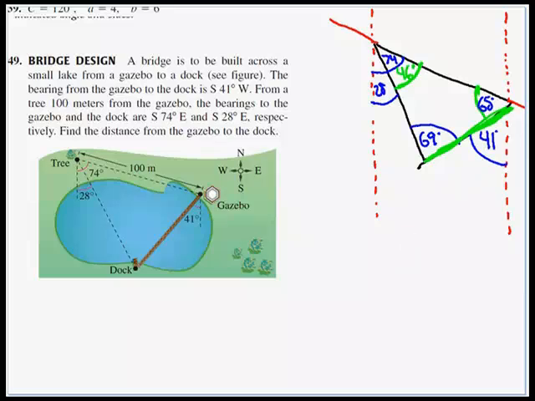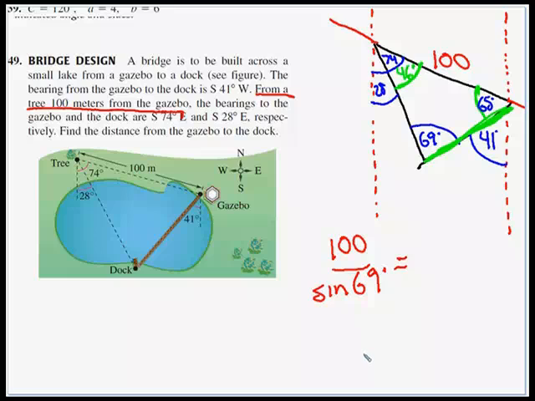Ooh, and I did miss, we do have one side that we're missing here. The distance from the tree to the gazebo is 100 meters. From a tree 100 meters from the gazebo. So this side is 100. So there is the angle on the side across from it that we know. This is definitely going to be part of our proportion. 100 over the sine of 69